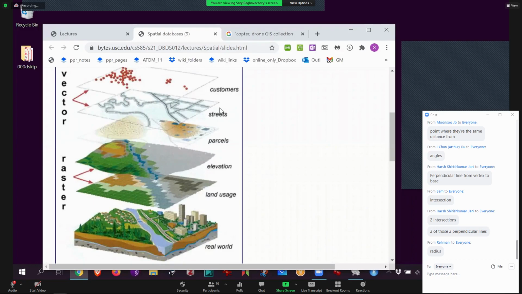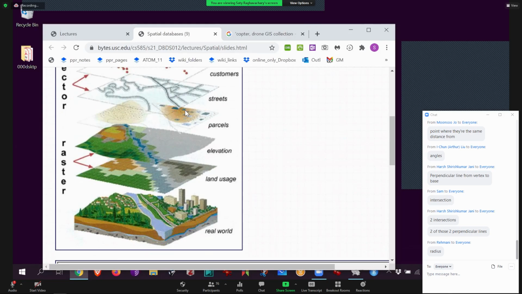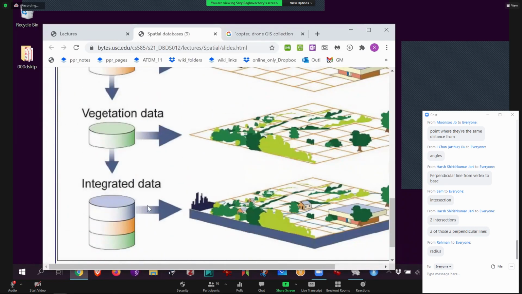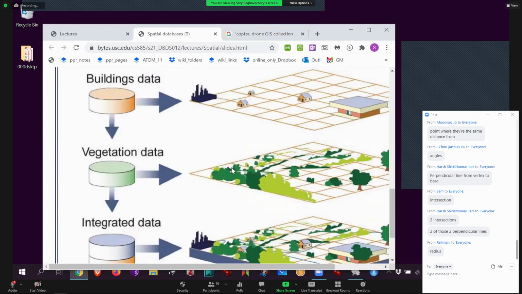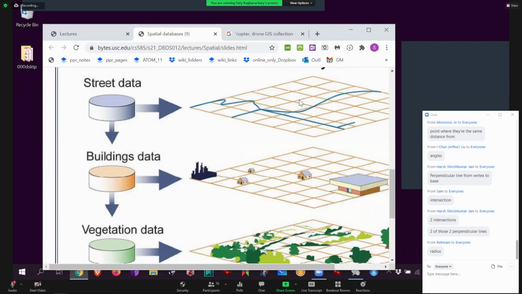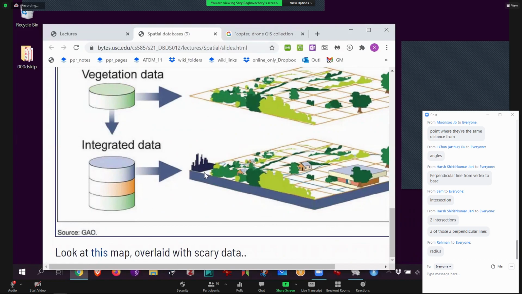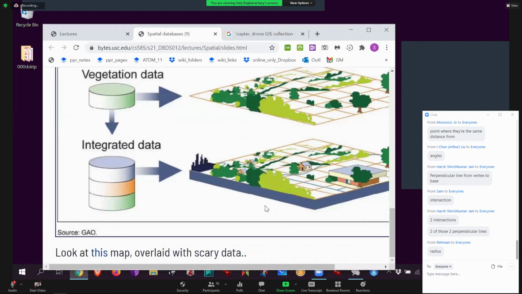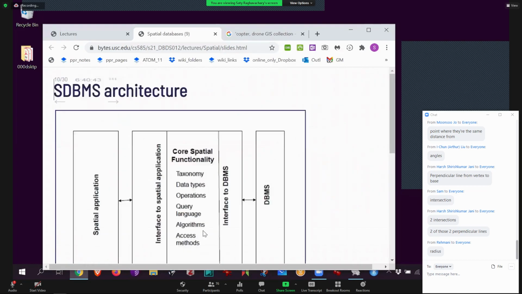For example, in the street level, I can say again, how long is an average street? Stuff like that, okay? So keep it separate. And the same idea in a different image. This is really what you want, but then you can keep vegetation separate, you can keep buildings separate, you can keep streets separate. But then in reality, combine them. In many UIs, there's a checkbox literally for turning them on and off, and then you can visually turn them on and off. Okay, so this I already showed you at one scale, okay? The homicide map, let's call it homicide map.